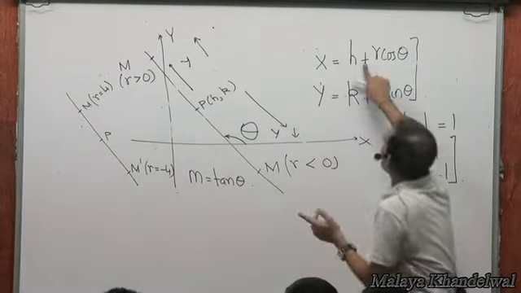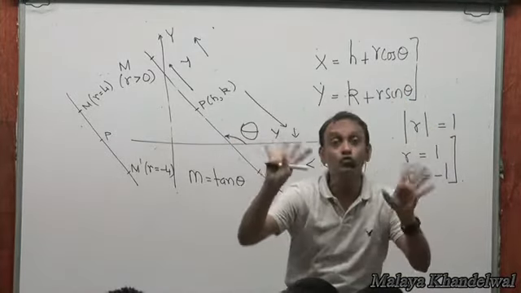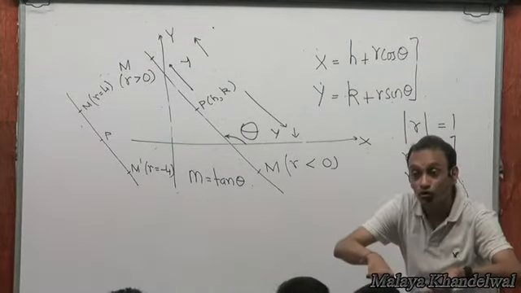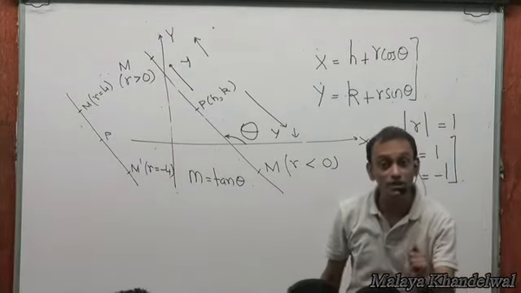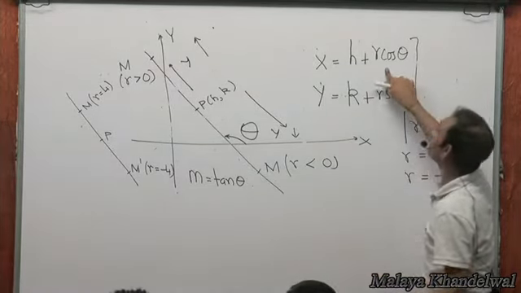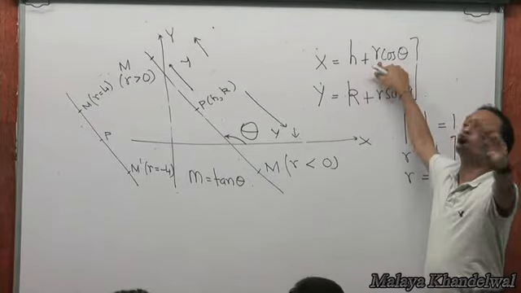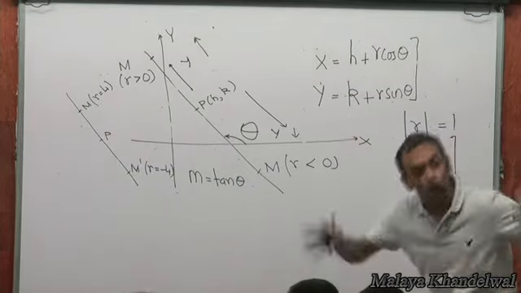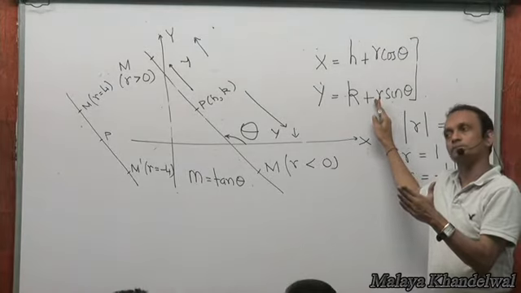Right? You don't write an equation h minus r cos theta, y is k plus r sin theta, saying it's going to be positive there, negative there. No. It's carrying its sign inside it. There is a sign that is built into r. So you don't write h minus r cos theta, k minus r sin theta. No, not at all. r is algebraic in character. Always write the equation in this form. The sign of r that is required for that x, y will be built into this. You don't impose your signs on that. The sign that is required for a given M, x, y would automatically emerge when you solve for r, if required. How about it?